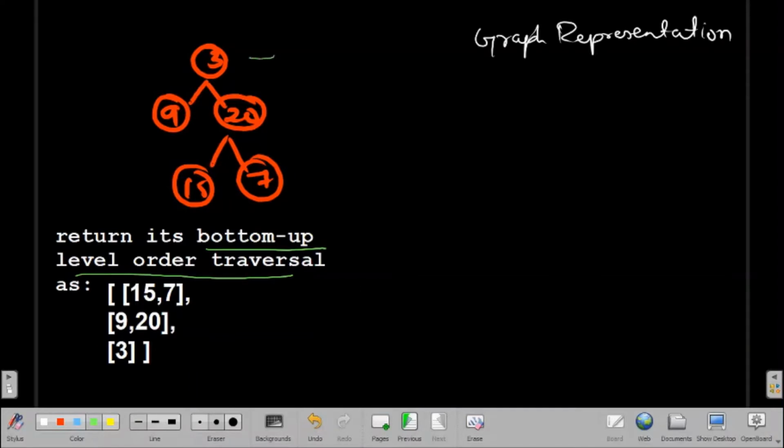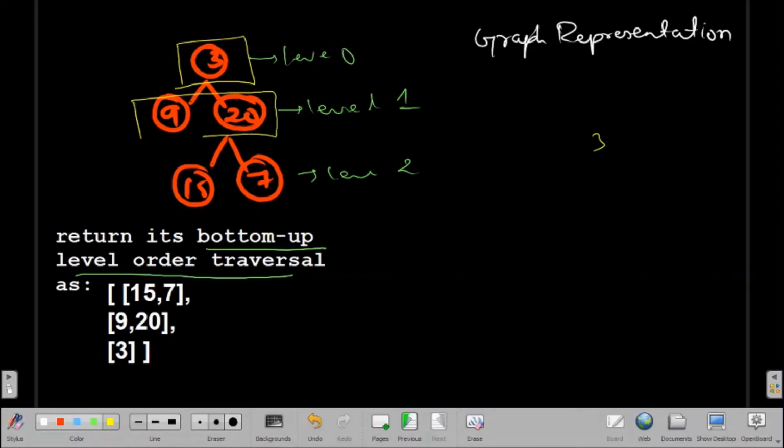So this is my level 0, this is level 1, and this is level 2. In level 0 I have one node, 3, and in level 1 I have two nodes, 9 and 20, and in level 2 I have two nodes, 15 and 7.